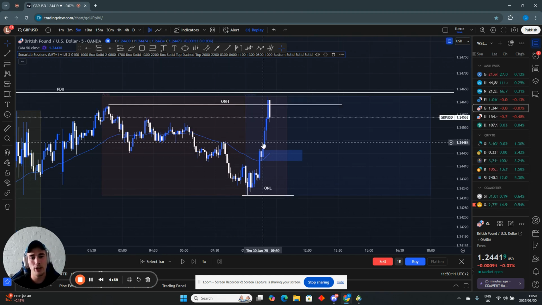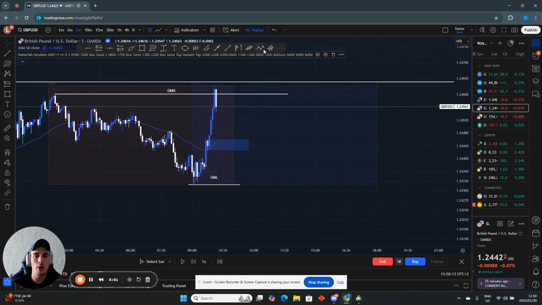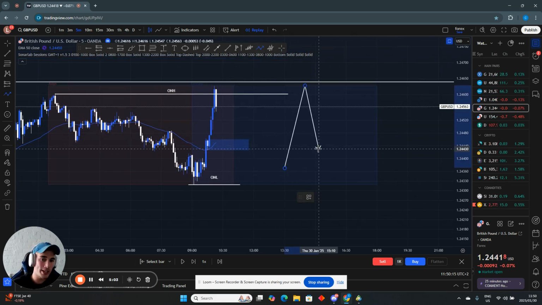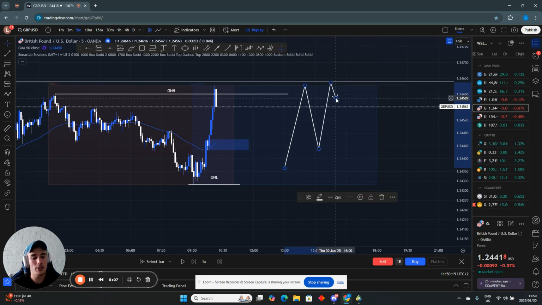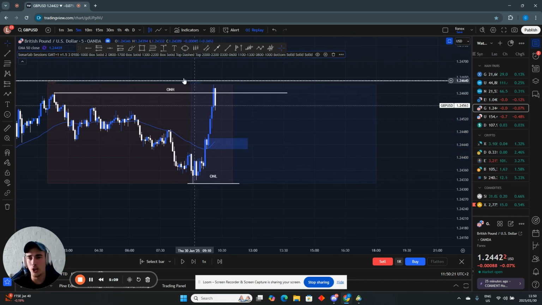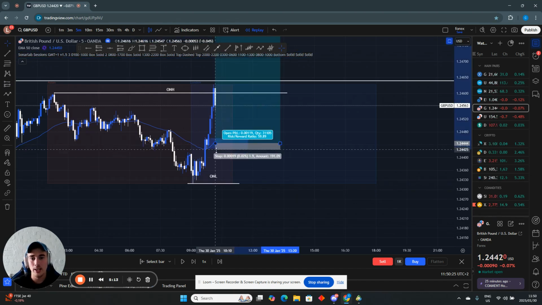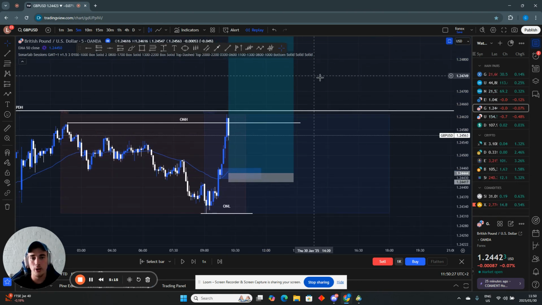So we're waiting for that pullback. Again, we are looking for extensions and corrections in order to get the market to travel further up. So that's what we were aiming for. So ideally, our long position would have been set at this, leaving our stop loss below the low and